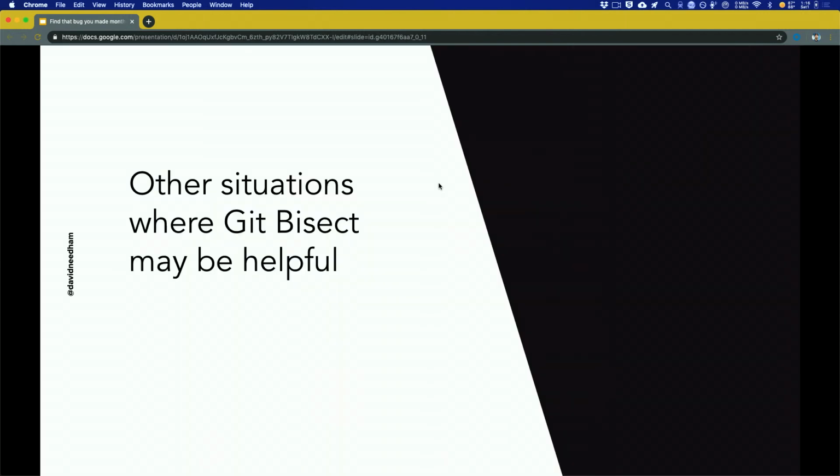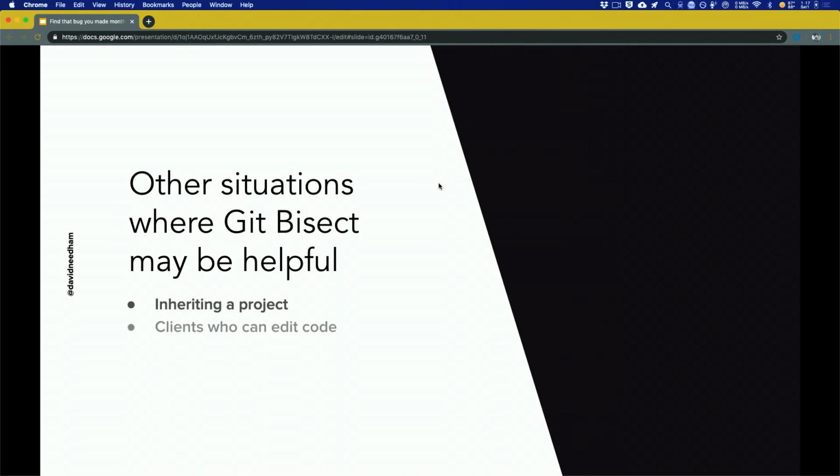So there are many situations where Git Bisect could be helpful. I've touched on some of them already. But one example can be if you're inheriting a project. Certainly myself, I had the 100 commits in my history for the example I gave at the beginning. But what if I inherited a project and there are hundreds of commits from someone else? How much less likely am I to find a mistake that someone else made if I don't have any idea where it could be coming from or when it would have happened? So when you're inheriting a project, it can be really helpful to use Git Bisect to quickly find where that